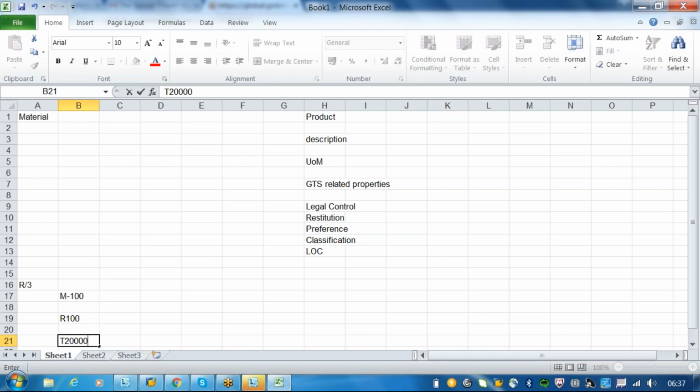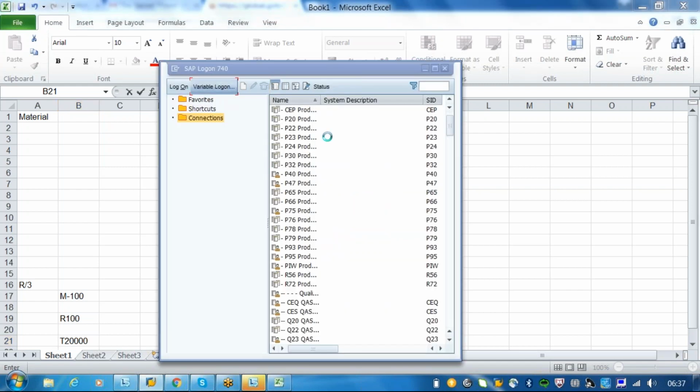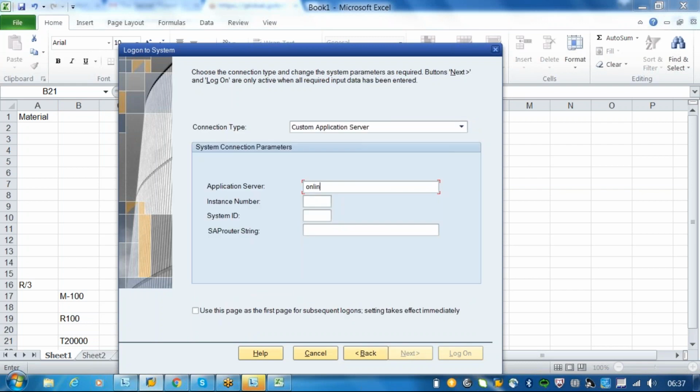This number represents the material in your R3 system. But when you transfer the same material to GTS, is there any change in the material? No, right?